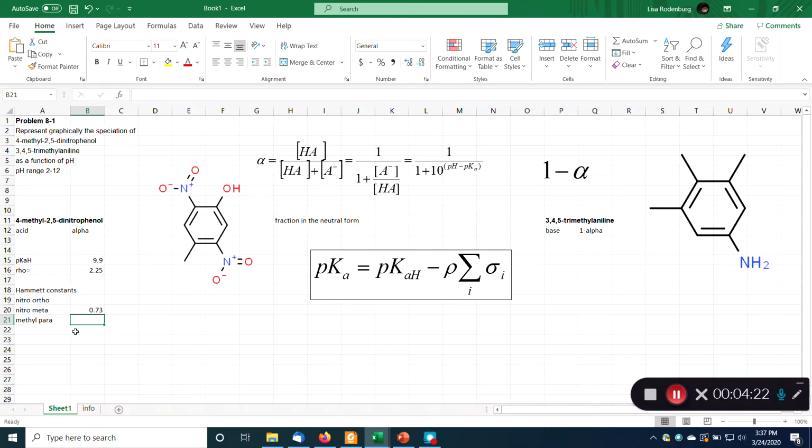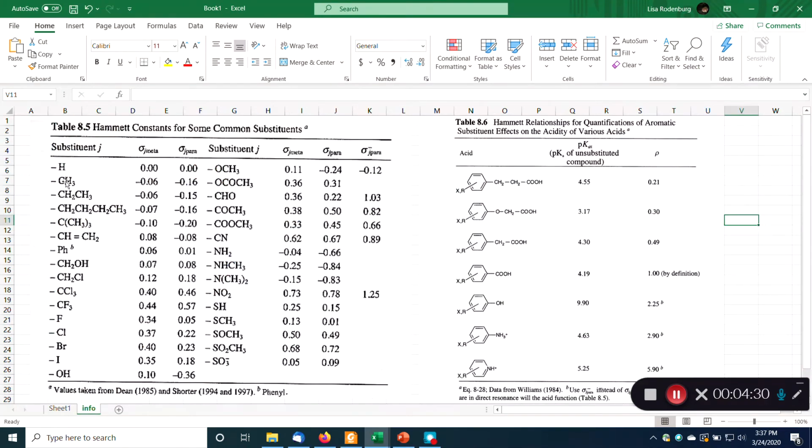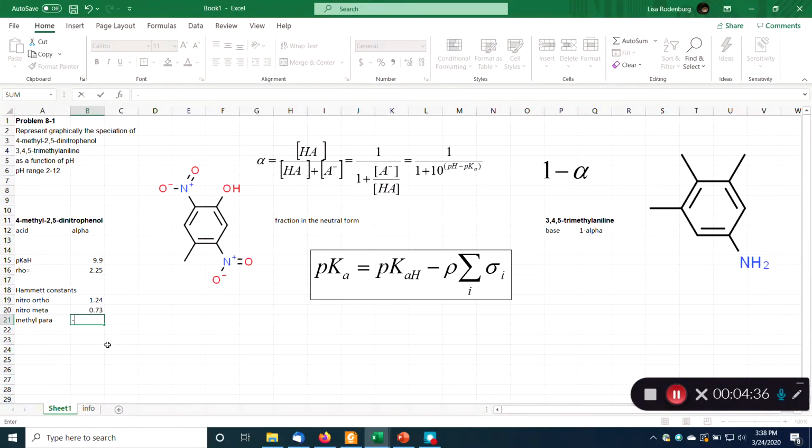So nitro in the ortho position, 1.24, and then methyl in the para position. Let's see, here's our methyl substituent in the para position. It's minus 0.16. There you go. So now we need to sum up all of our Hammett constants, right? That's this part right here. So the sum of those Hammett constants,